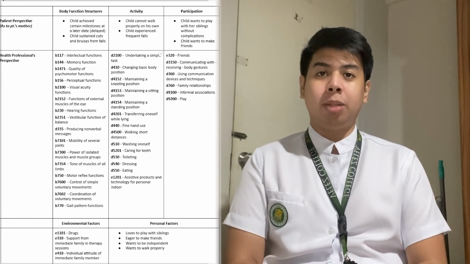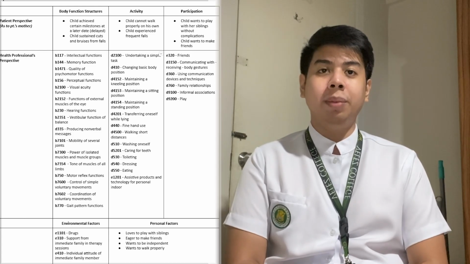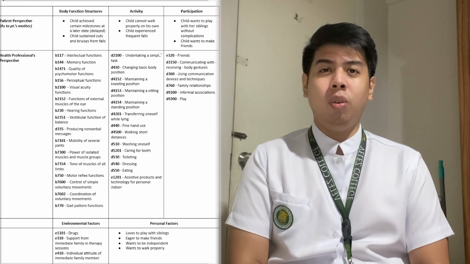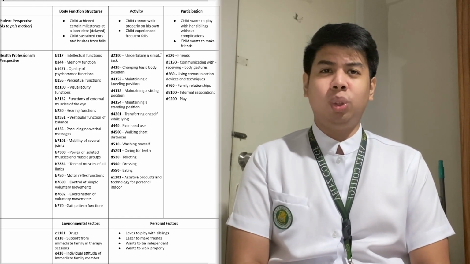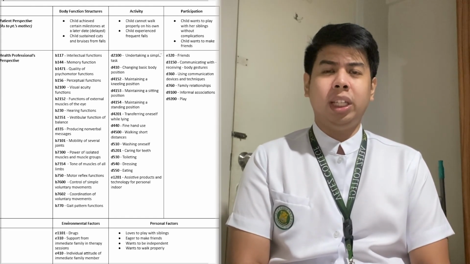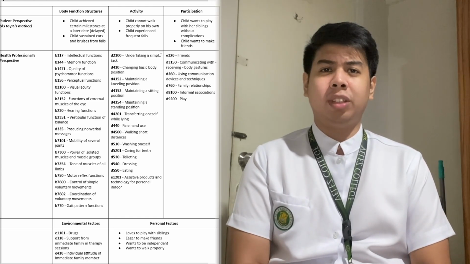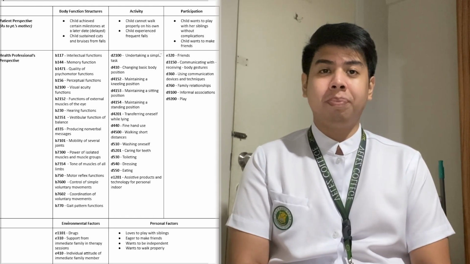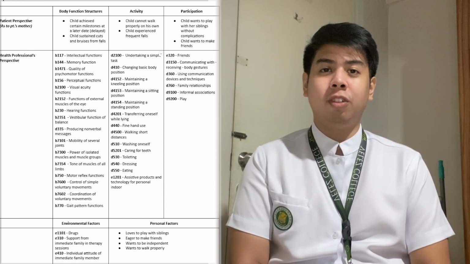For the health professional perspective, first we have here for the body function structures, B117, intellectual functions, B144, memory functions, B147, psychomotor functions quality, B156, perceptual functions, B2100, visual acuity functions, B2152, functions of external muscles of the eye, B230, hearing functions, B2351, vestibular functions of balance, B335, producing nonverbal messages,